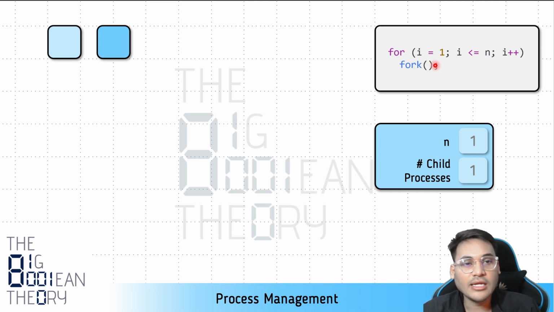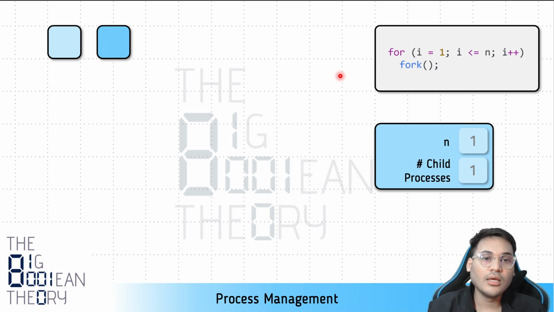When it returns, it will be here after the fork system call in both the parent and the child, and then it will go to here, increment the value of i, which was 1. Now it will become 2, and it will exit. So no more fork system calls will be executed. This part is crucial, because why are no new processes created after this? Because in both the parent and the child, the for loop will exit after the first fork system call,